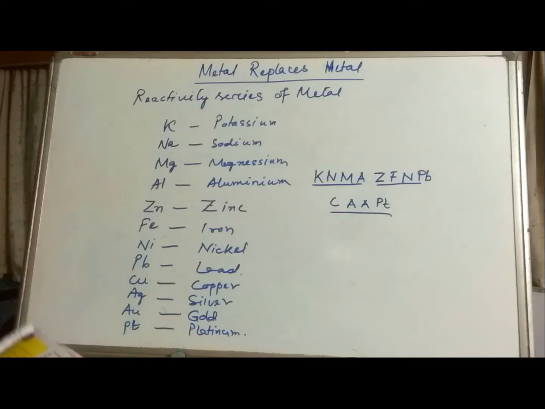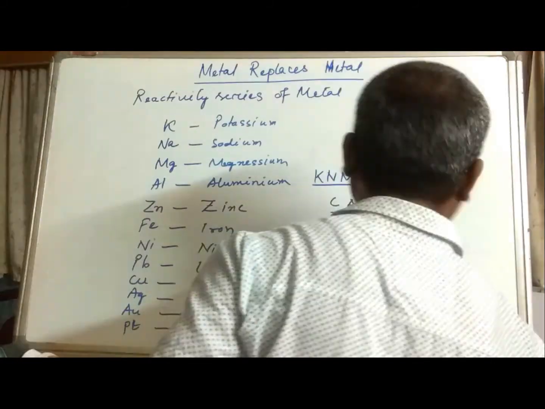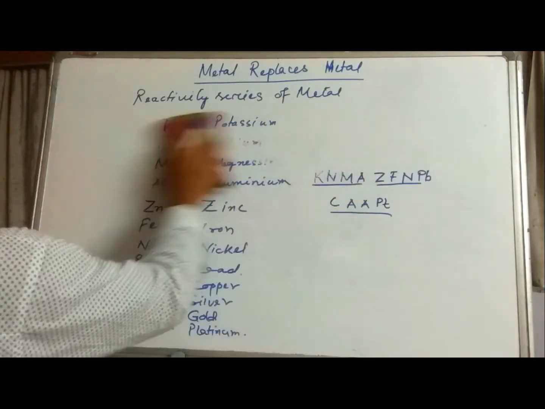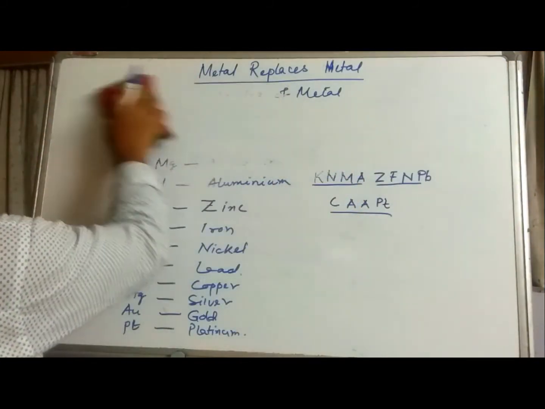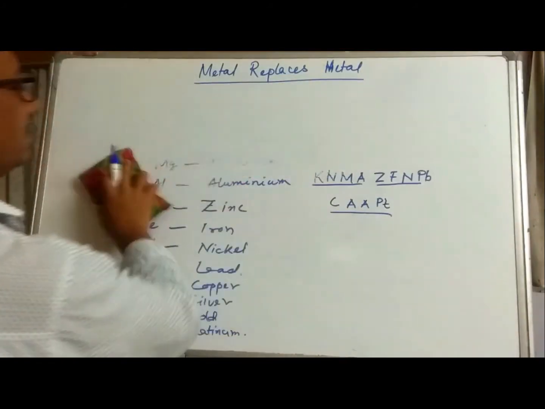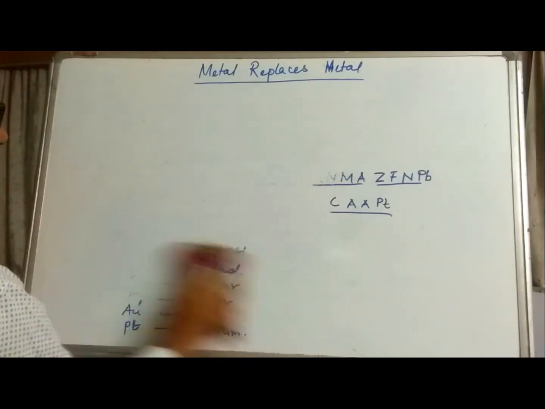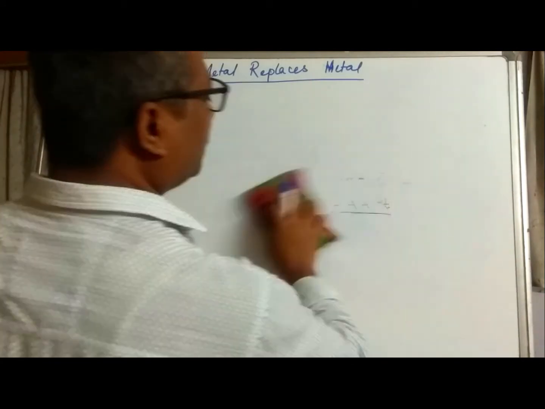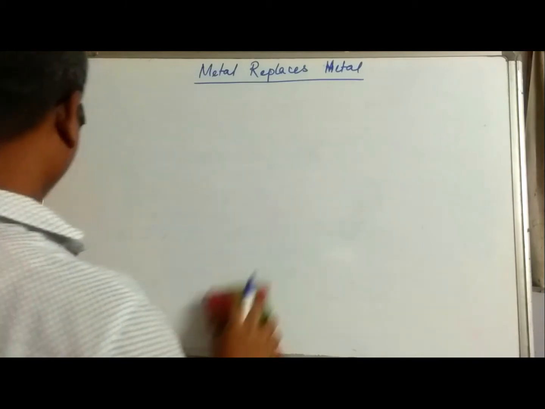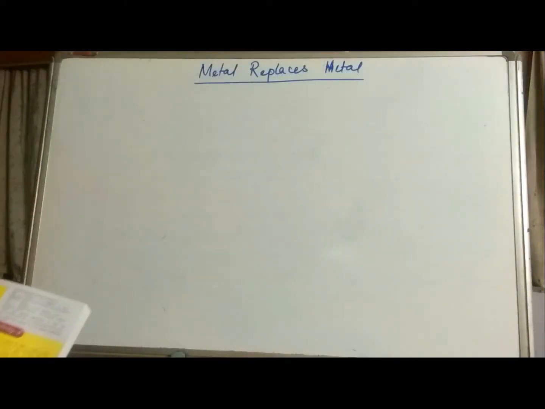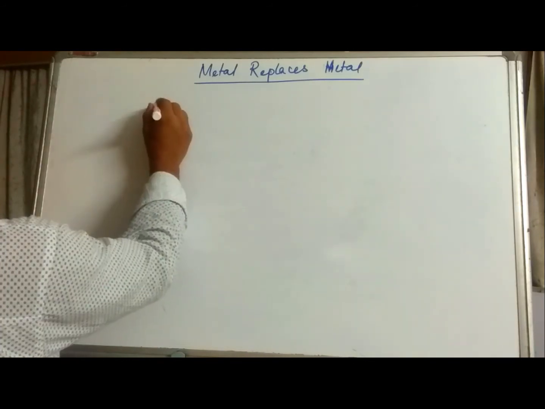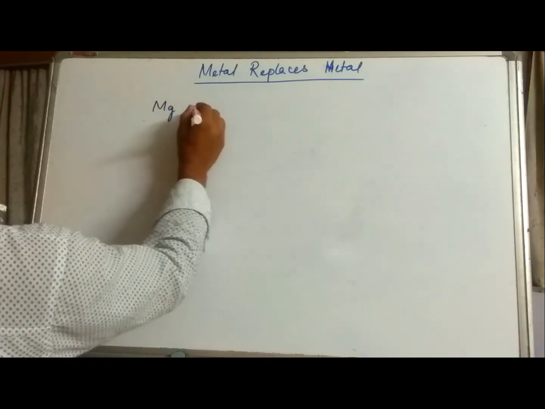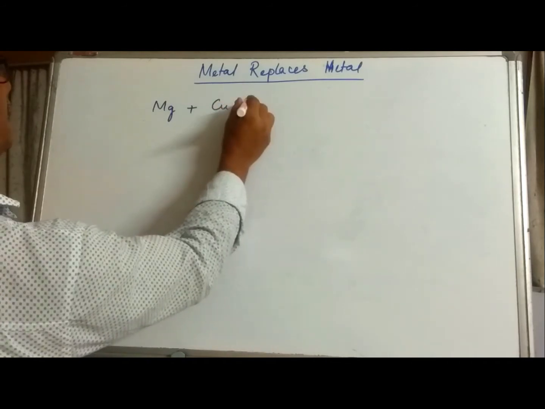There are two important reactions about replacement of metal that often come in examination. In the examination, the question may be given in a different way. What happens when magnesium reacts with copper sulfate solution? Magnesium when reacting with copper sulfate,